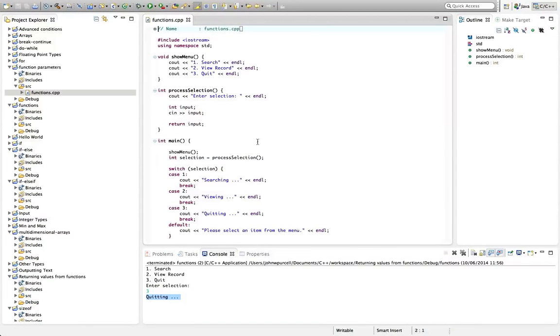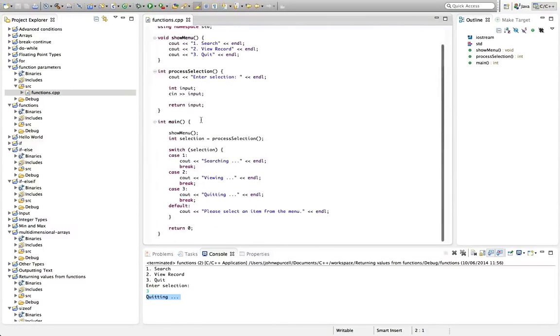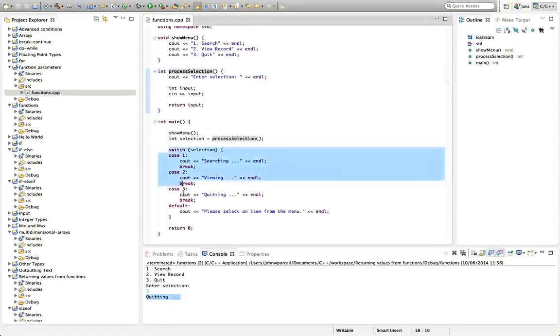In this tutorial, we're going to look at passing values to functions. Here I've got the code from the last tutorial, and I'm going to start by changing this, because one thing I forgot to do in the last tutorial was rename this function. This function that we created is called process selection, but it's actually just getting user input, and the selection is